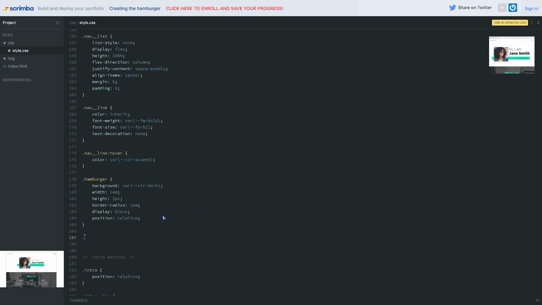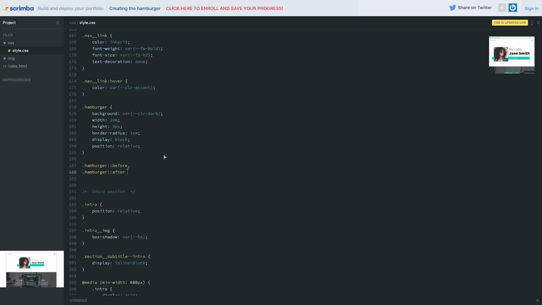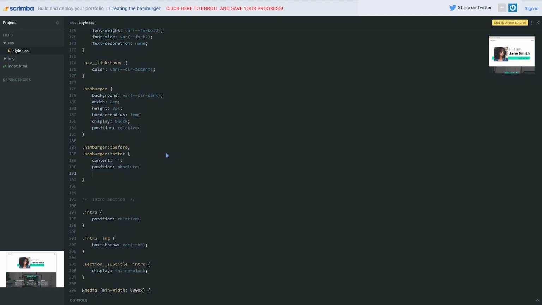For the next 2 parts, we will be using pseudo elements. So .hamburger::before and .hamburger::after. And just like the pseudo element that we used last time, the first thing we want to do is give it some content, but the content will be blank. Again, pseudo elements will not work unless you do give them some content. The position in this case will be absolute. So I don't have to declare a display block like I did last time, because I have position absolute. It's either giving it a position or giving it a display property